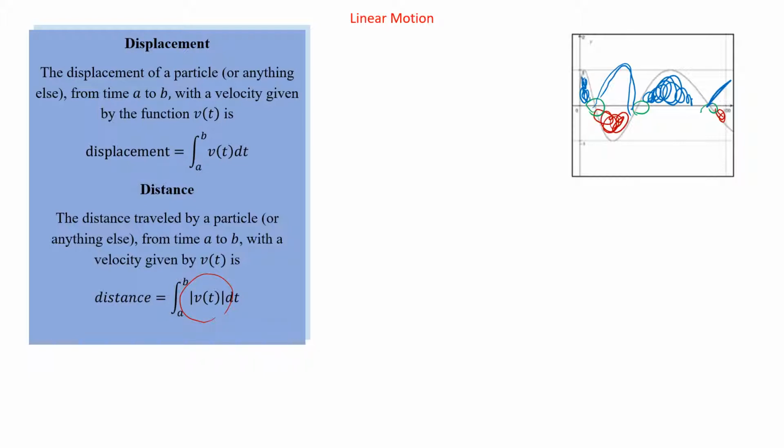But as soon as you turn and start coming back, your displacement is going to go down and your distance is going to keep going up. So that will always be bigger. So let's look at our graph over here. Let's erase some of my doodlings. There we go. And then if we look at this equation,